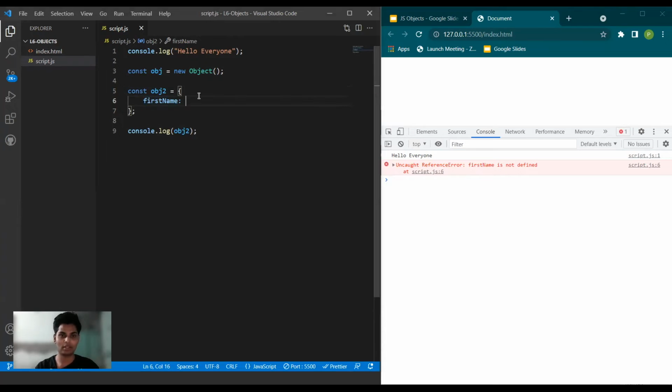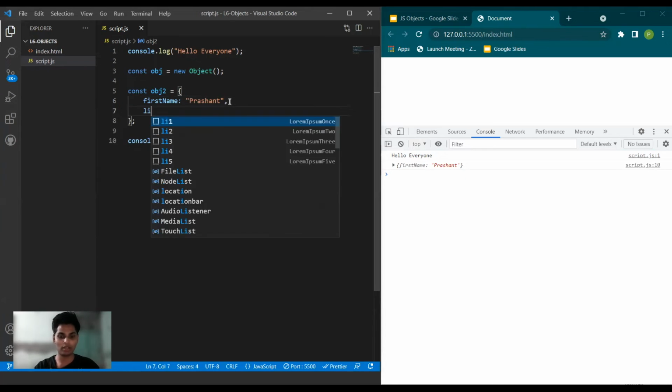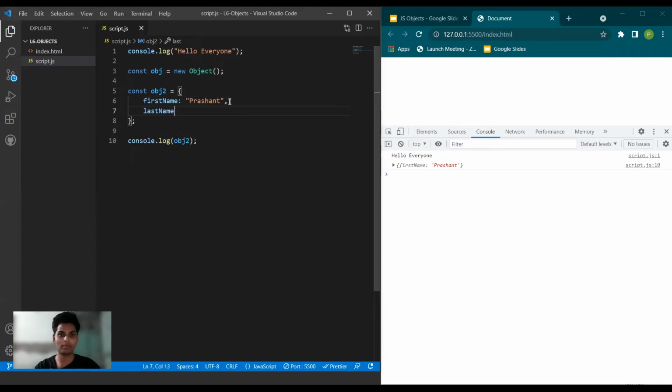I'm going to write my name in here. So what I have given here is a key that is first name, and I have a value in this. Your key has to be unique. We will talk about why keys should be unique, but let's understand how this key value pair works. Let's give one more key in here. Let's call it last name.